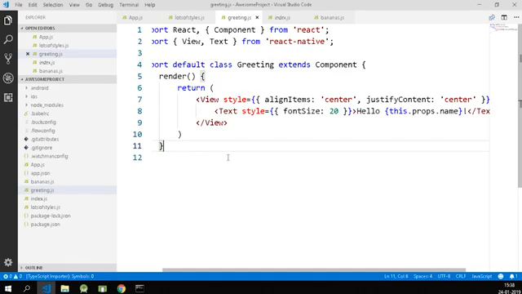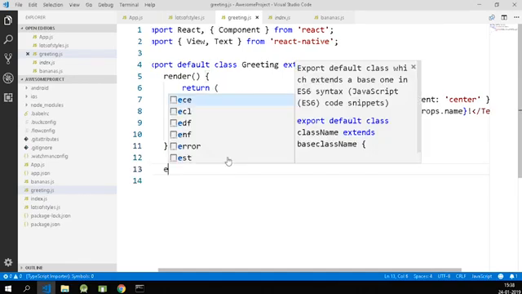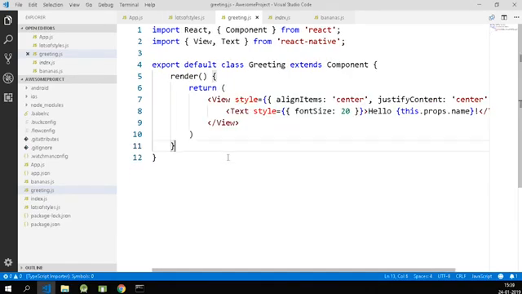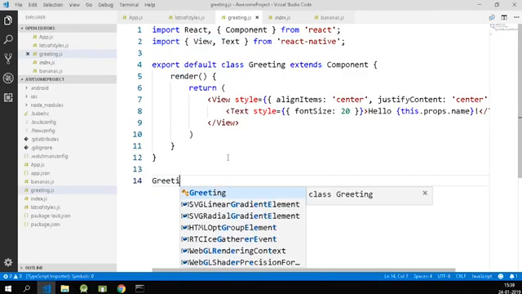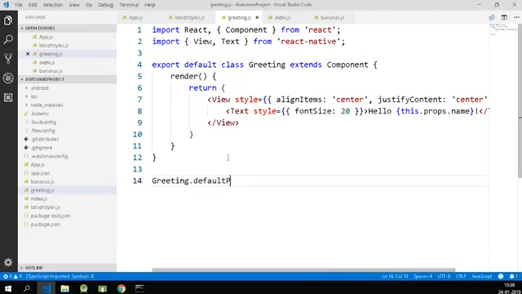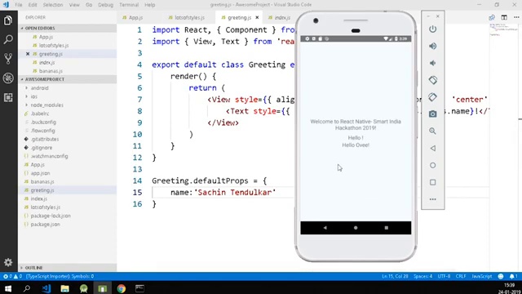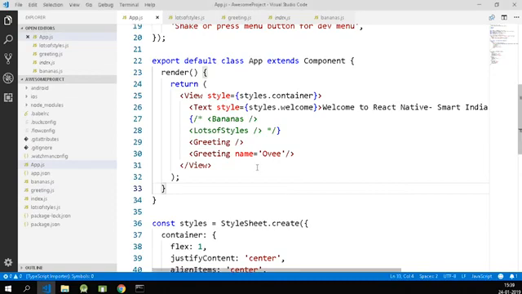Same way I might want, when I go for this greeting, it should have some default value for that props. So I'll go for default props, the property that we are dealing with, name. So I'll say, let's say Sachin Tendulkar. So now if I just go and render this, if I'm rendering the greeting without any name, it will take the default value. So that's why you could see here it's hello Sachin Tendulkar. In the second case it's hello OV, because that is the name that I'm passing here. That is the props that I'm passing there,